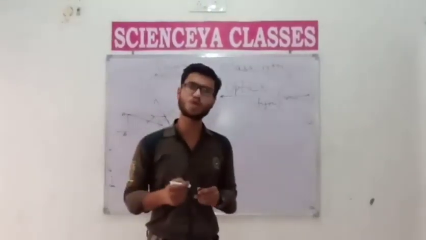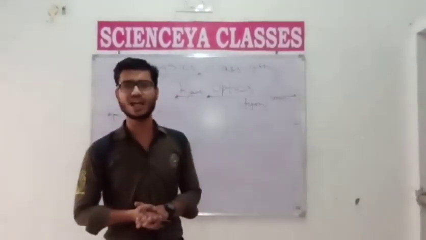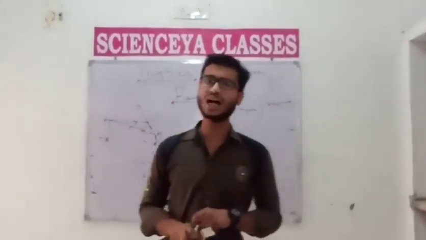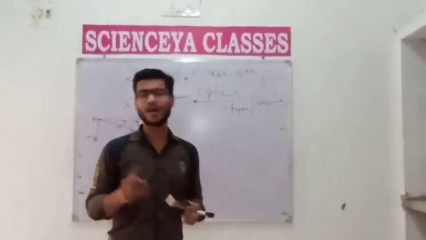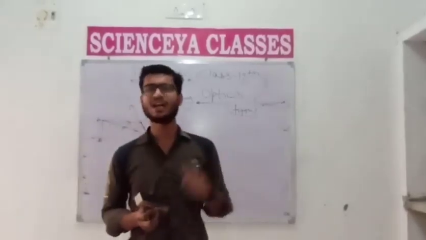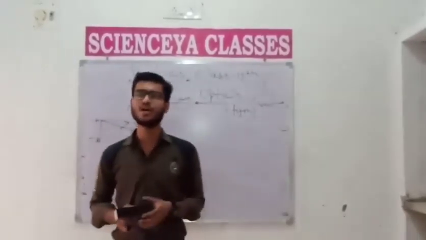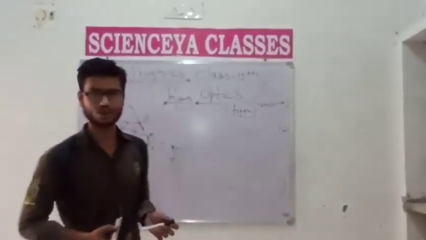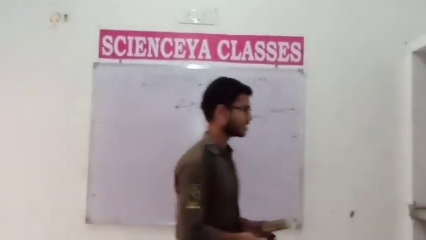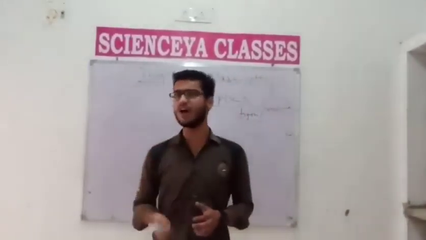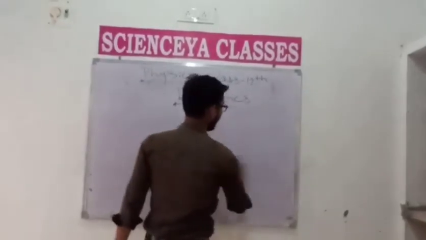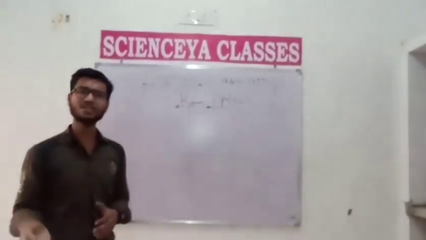So generally we use a concave mirror to see the size of an object larger. Or student, to make the size of an object even larger, we use another optical instrument, that is the microscope. And for objects that are at a very great distance from our Earth, like Mars and Jupiter, we use a telescope. Okay, student? And for other optical instruments like prism and slab, we are discussing here how the phenomenon of reflection occurs. So student, this is the simple reflection of rays by convex and concave mirrors.